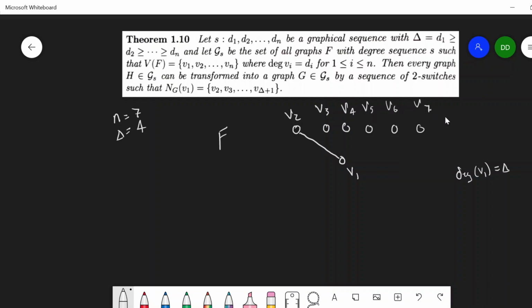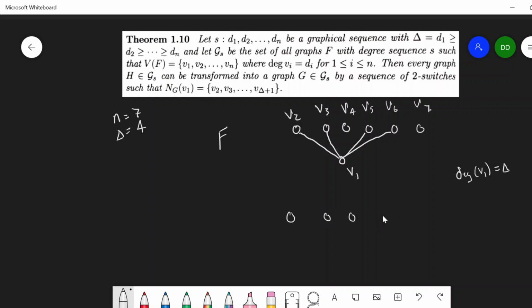It has the highest degree. And if it's empty, this theorem is trivial to show. So there's at least some edges going on here. And so v1 with the highest degree is adjacent to some of these. So it's adjacent to exactly delta of these. So maybe it's adjacent to v2 and v3. Maybe it skips over v4. It's adjacent to v5 and v6. Maybe something like this. Here's another example of a graph that might be in G_S, in this set of graphs,